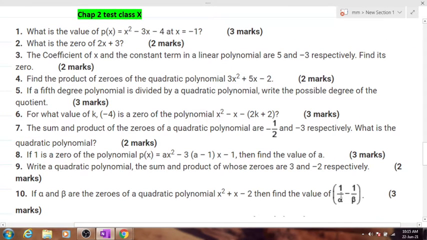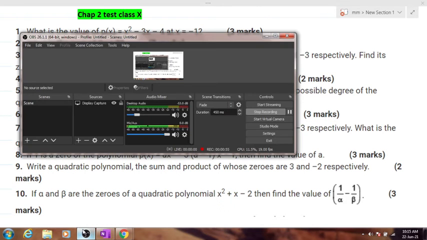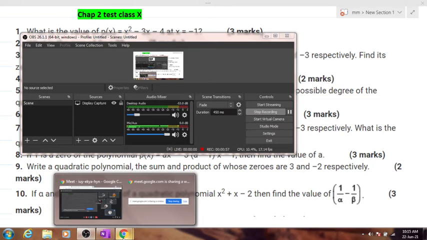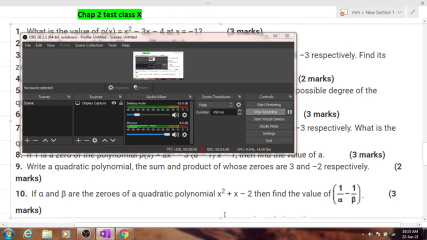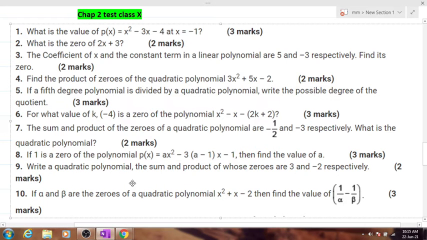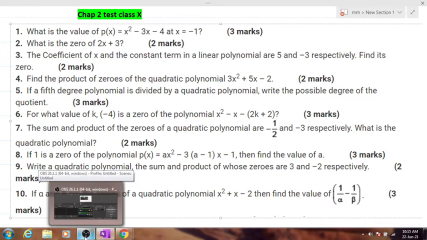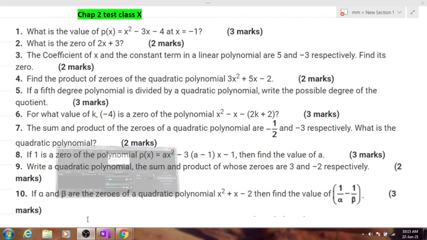There are altogether 10 questions. Start off with the test and let me know if you have any issues in understanding any questions. For the timing, I'll pause the video. And students who are watching this video online, make sure you try out these numericals properly, and right after 30 minutes we'll just start discussing the solution to this.